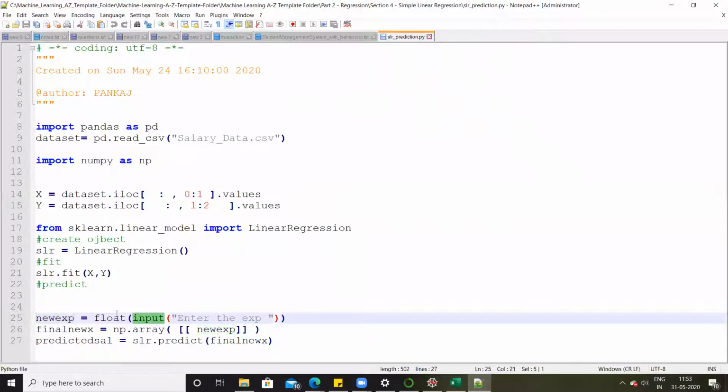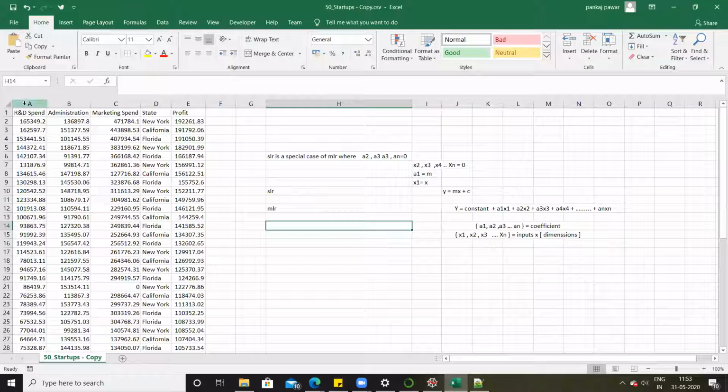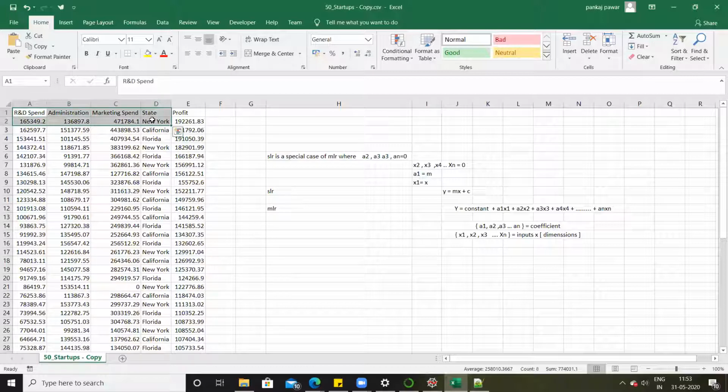With the help of input, we converted it into a float and we put it inside an NP array, and we created an array structure called final new X, and we passed it inside the prediction, right? But in this case, just one parameter is not sufficient for us. We need to ask them all the information: amount spent on R&D, amount spent on administration, amount spent on marketing, and where that company is located. So we need to ask these 4 pieces of information, right?